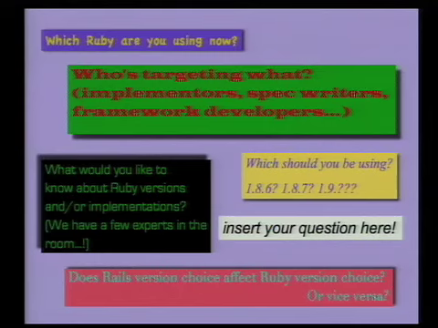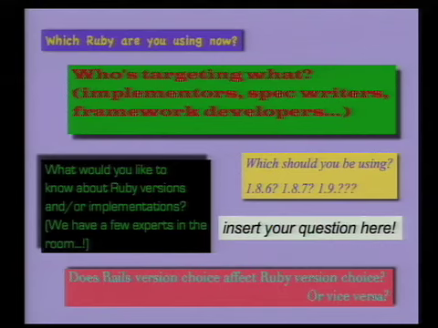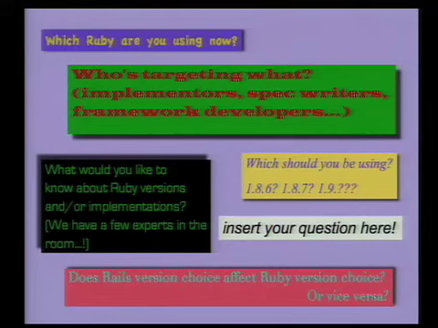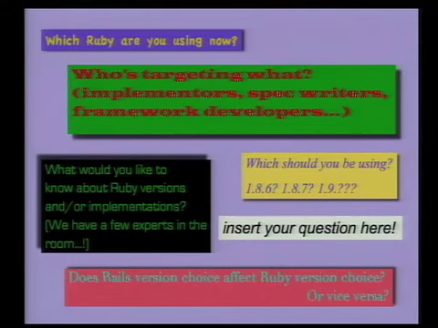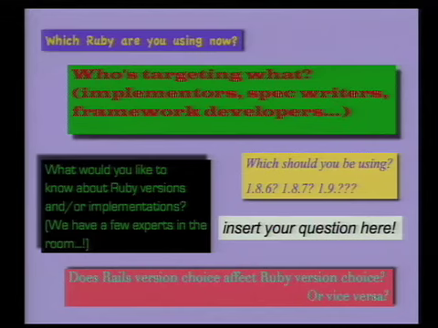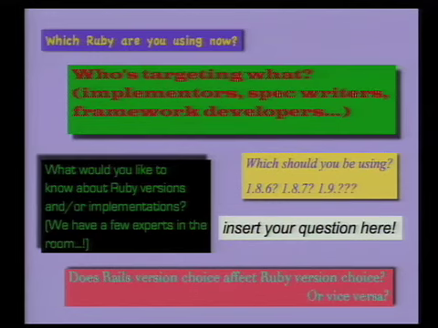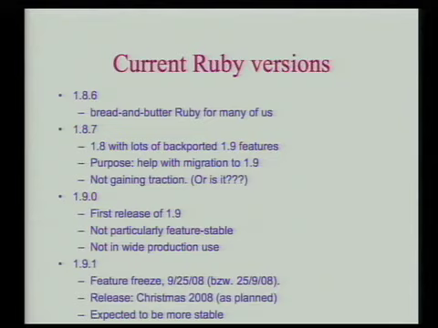Anyway, like which Ruby are you using? What would you like to know about different versions? What should you be using? What's being targeted among Rails core developers, among the Ruby spec developers, and I might tap somebody to talk a little bit about the Ruby spec project if there's anyone here who has their finger really on the pulse of that. But just to give you a sense of where we're at,